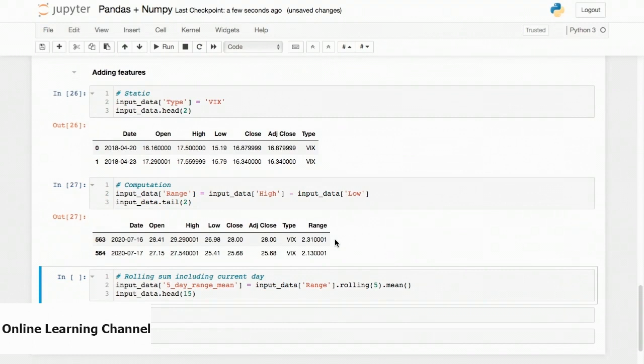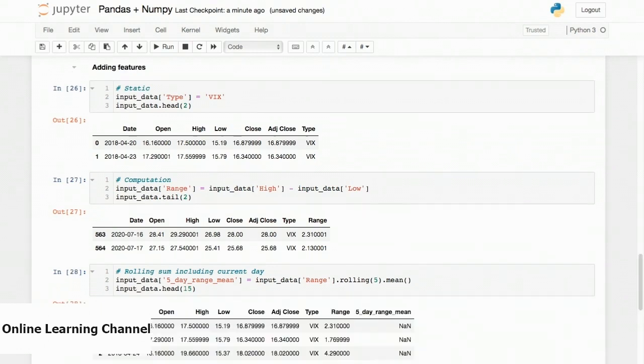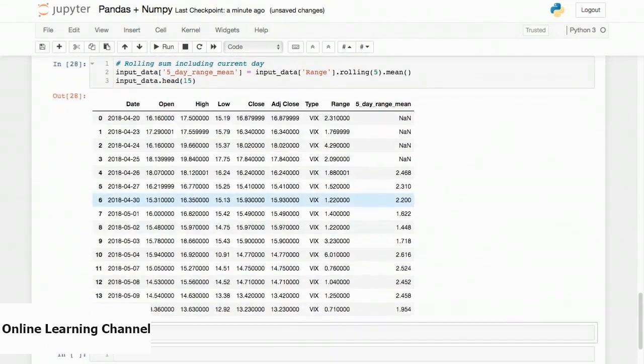In code line 1 of the subsequent cell, we have suffixed a column named 5_day_range_mean in square brackets to the input_data frame. And we have made this equal to the 5-day rolling mean of the range column. In other words, each row value in the 5-day range mean column would be the average of the previous 5 values of the range column. On running the cell, we can see that such a column is added to the table